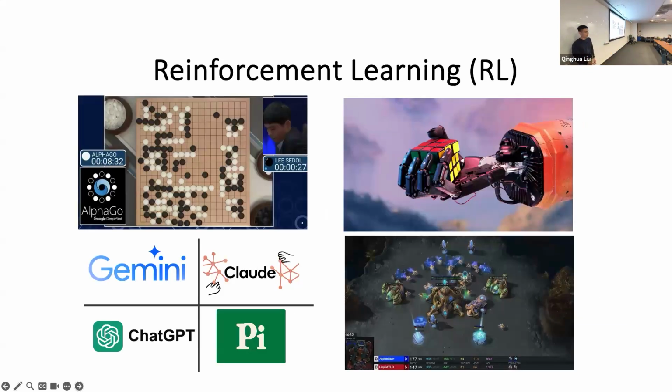So I guess we all know reinforcement learning has many fantastic applications in recent years. There are some notable examples, such as building the first superhuman AI that can beat the human world champion in the game of Go, and also this OpenAI robotics system, which can play the Rubik's cube almost as well as human beings. And more recently, people started to use reinforcement learning to fine-tune language models to better align them with human intents.